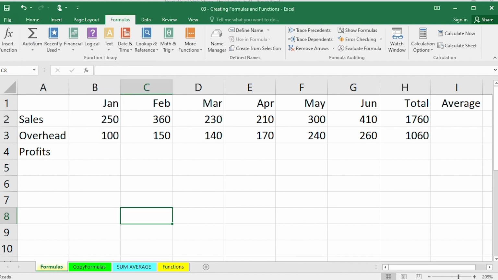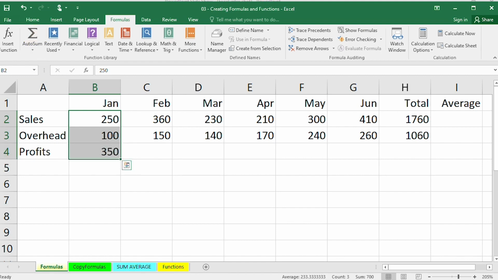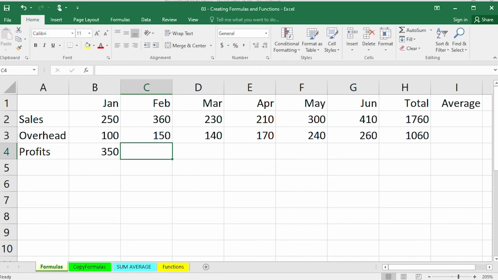Another way you could add numbers together is by doing it manually rather than using the Autosum function. You can click in the cell where you want your total. So in this case, I'm clicking in D4. And in your function bar here, you can manually type in what you want to happen. So in this case, I'm going to type in